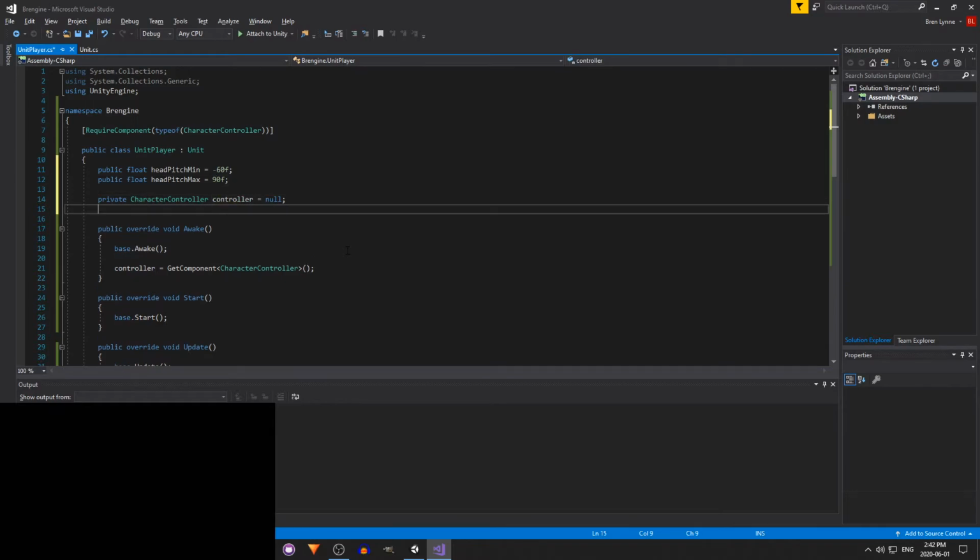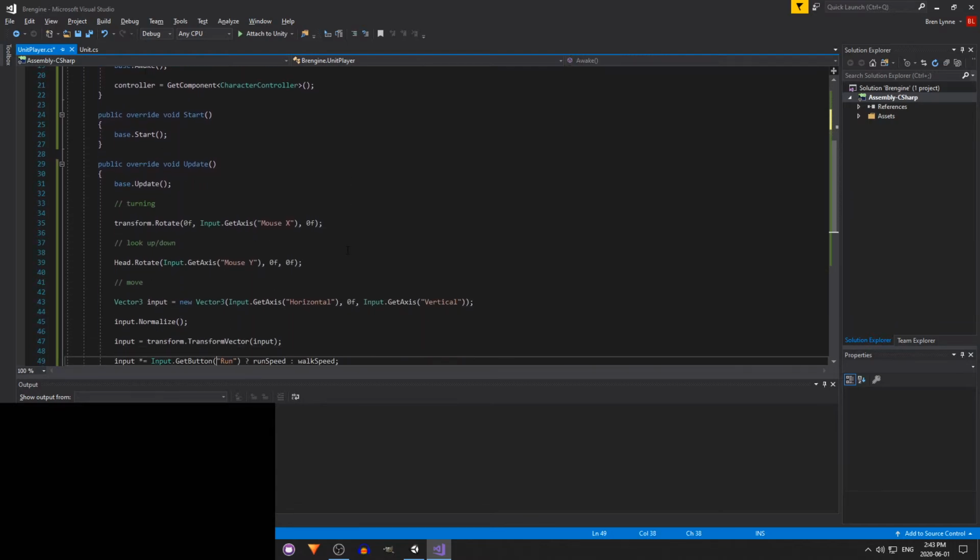So what we'll do is we'll calculate the head pitch and then clamp it between those two values and then set the head rotation to that. So we want a variable to store our current rotation. I'm going to call it head pitch. I'll initialize it to 0. And then in update, instead of applying that rotation directly to the head transform,